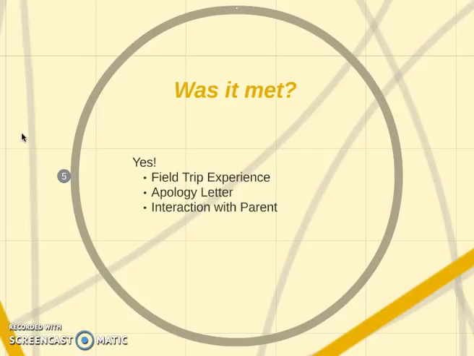The second interaction I had was an apology letter I received this past week from a student. This student consistently blurts out, is very disrespectful. They are on an IEP, so I do know that they have issues that affect their learning. But it was really cool to see at the end of the day, they actually came up to me and said, I'm so sorry, Miss Hicks. Here's a letter I wrote to you saying why I was disrespectful and I just want to apologize.